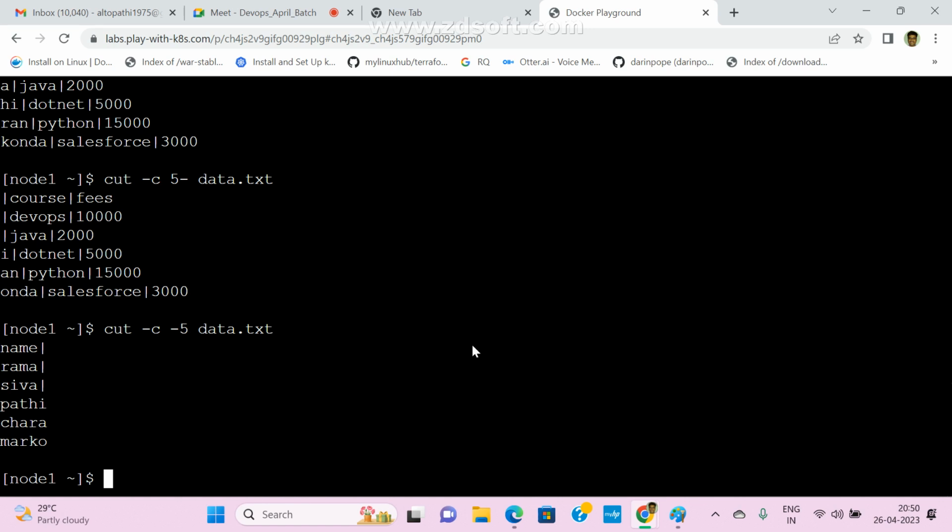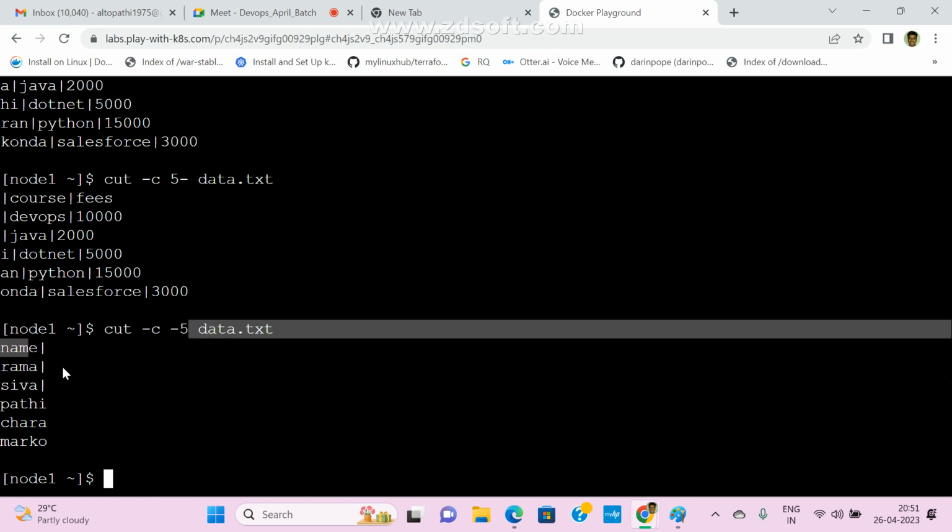So this is my position, the fifth character. Go to the fifth character, and from there come to the start of the line. So this is the fifth to the end of the line, and the fifth to the start of the line.